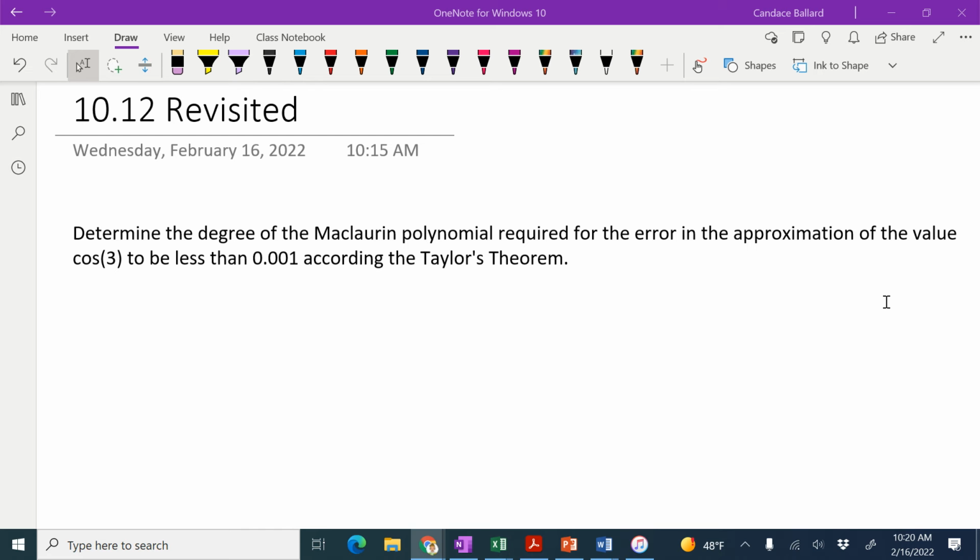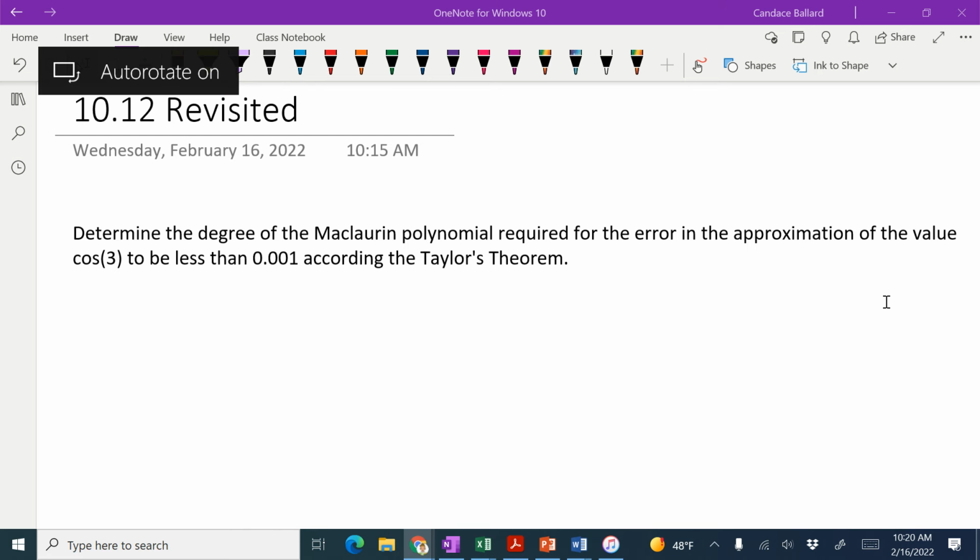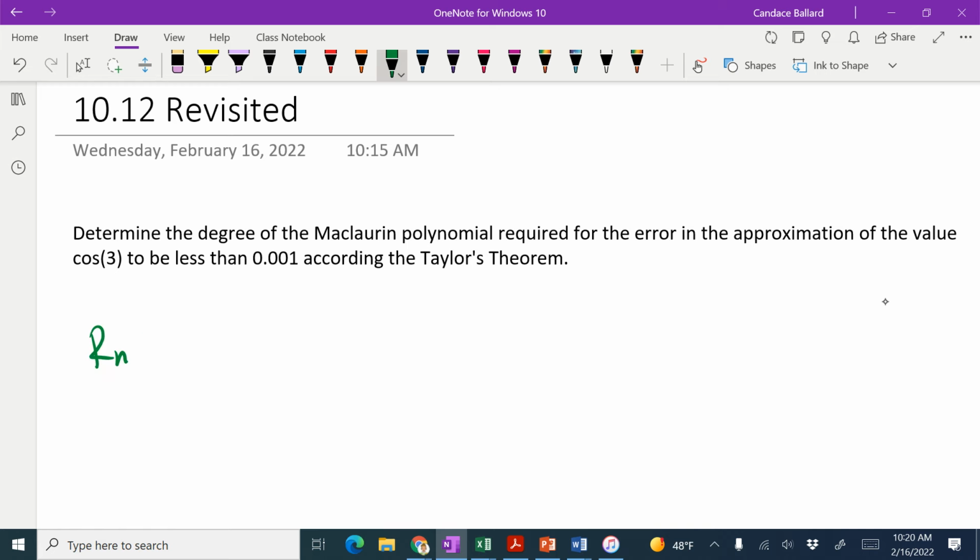So I'm going to write out the theorem to start, okay? Or our little funky new formula, right? Remember, you have to have it memorized. I'm not going to have it there for you, so you kind of need to remember the structure of it for the most part. So it's R sub n of x, the absolute value of it, is less than or equal to